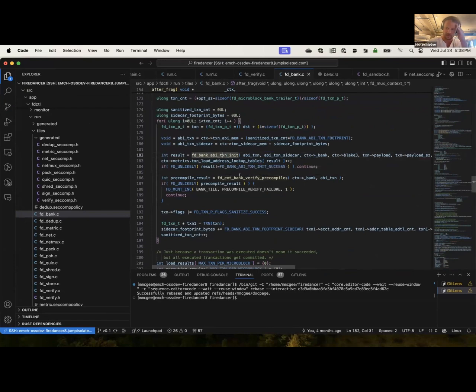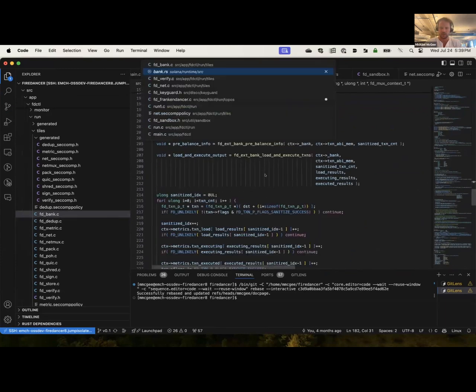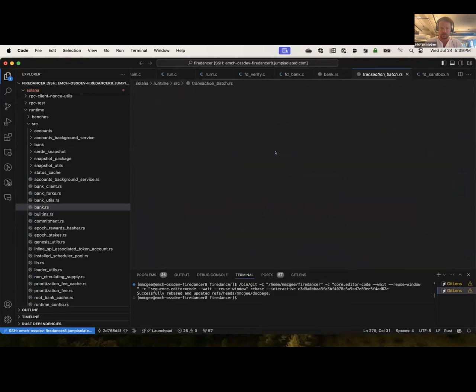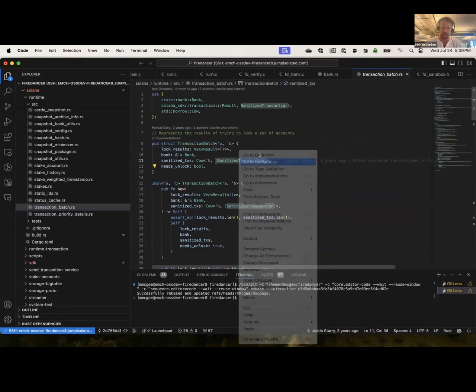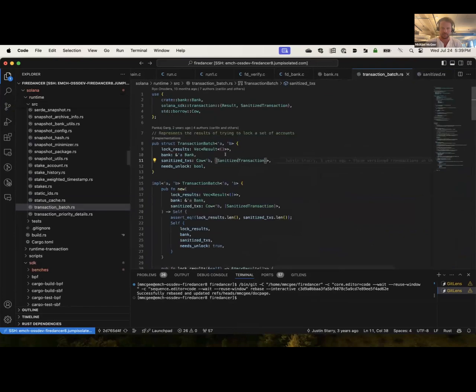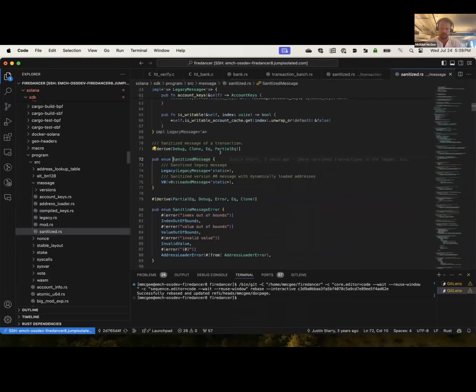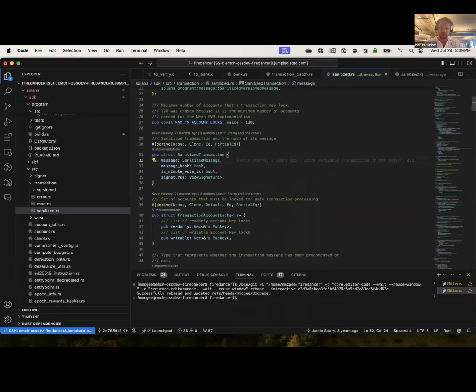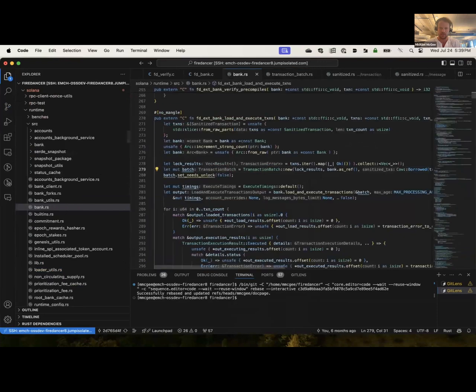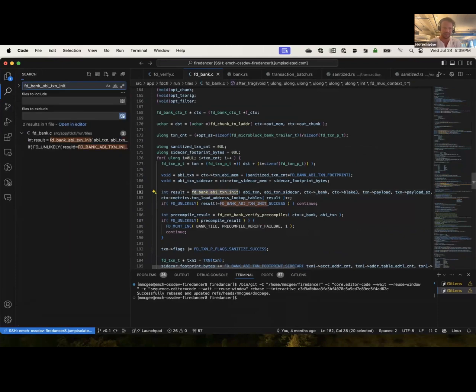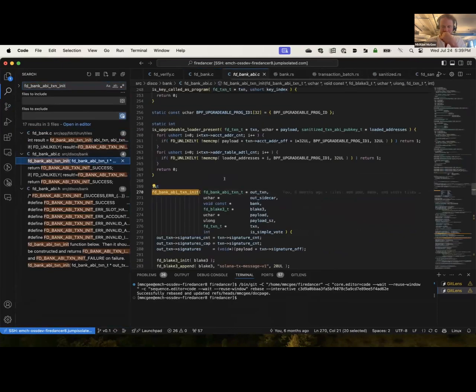As we mentioned, we have these transactions coming in from the network that have been verified and so on. We're executing them in Rust, and Agave expects them to be formatted as a certain kind of object. I forget what it is. It's somewhere in here, this sanitized transaction object. So this has a bunch of nested things. It's a parsed representation that they have of one of these transactions they received on the wire. We've re-implemented this for performance with this bank ABI init function. It's not pretty, but